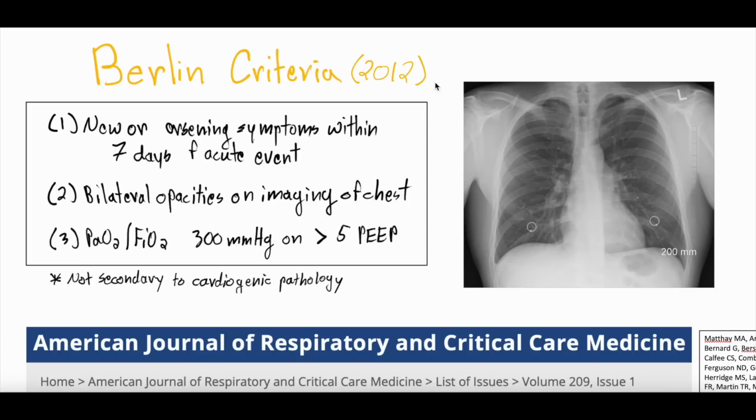So the Berlin criteria originally were agreed upon back in 2012, so they've been around for quite a bit of time. And they're a set of 3 different criteria primarily. Criteria 1 is that there has to be new or, well, we should put a W there, worsening symptoms within 7 days of acute onset. I wonder if there was some kind of lag of acute onset of an event, okay?